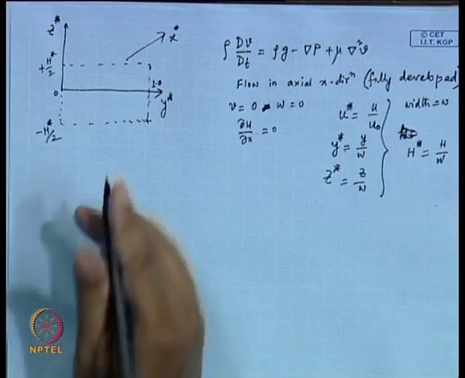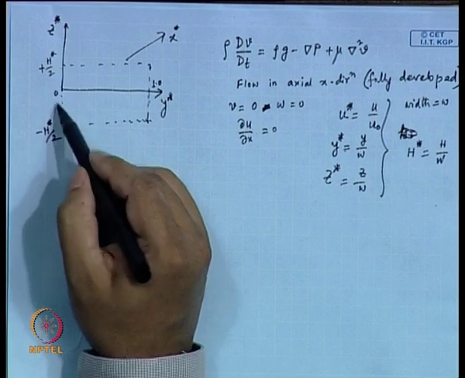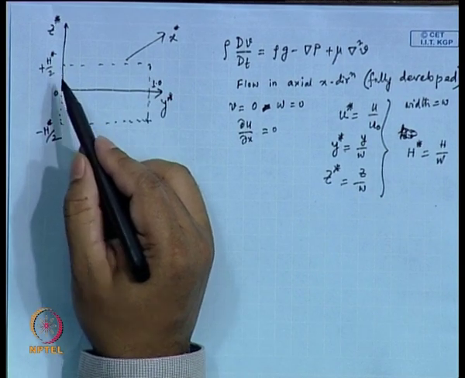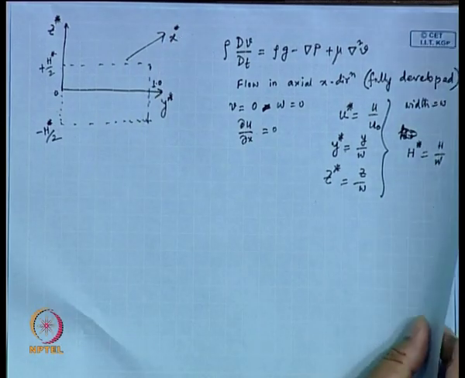This is plus h star by 2 and this is minus h star by 2. So, this constitutes the full channel. All right, and this is the x star, this is the x direction. Okay. So, now